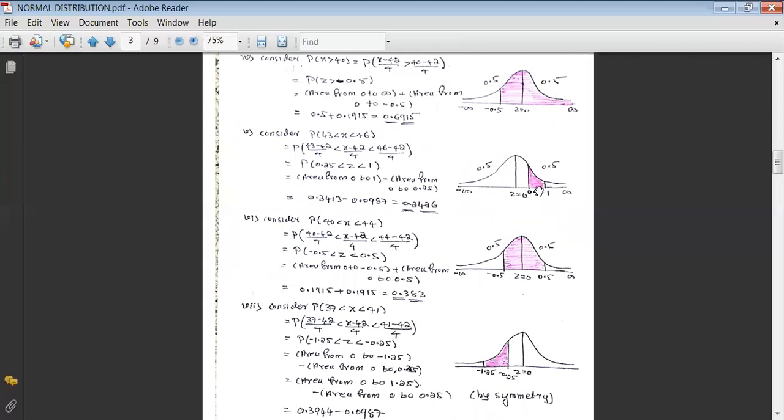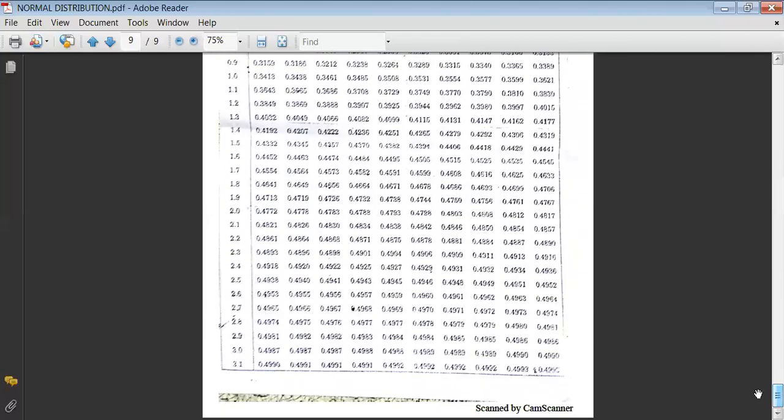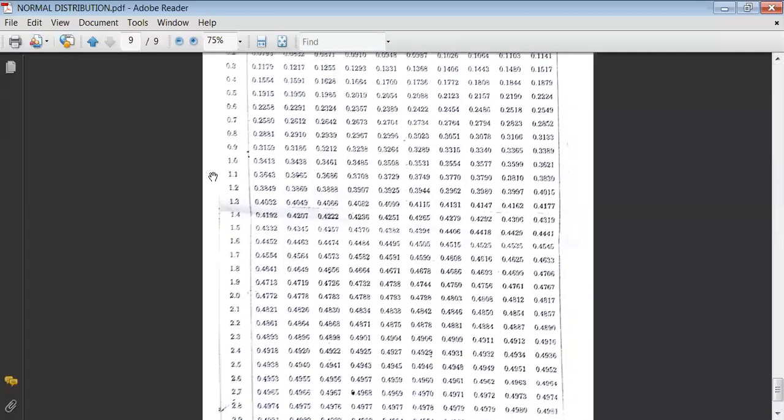And in order to get this area, keeping in mind that from the standard normal table, we can read the area only from 0 to something. This can be obtained by taking area from 0 to 1 minus area from 0 to 0.25. Now, what is the area from 0 to 1? Again, you come for the standard normal table, and for 1, its value is